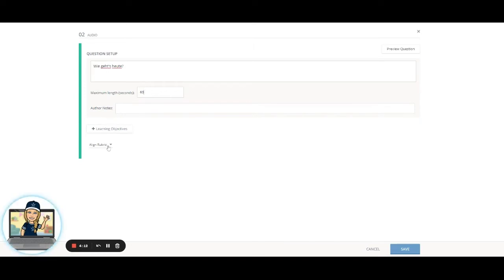can also align a rubric to this question. So perhaps you have a speaking rubric that you use in all of your assessments and activities. You can attach that here. And we do have a separate workshop on Schoology rubrics that I recommend taking if you are unfamiliar with creating